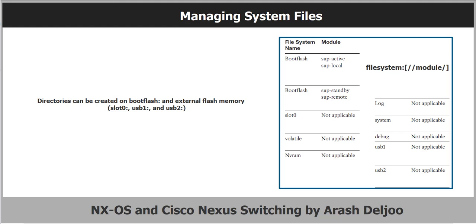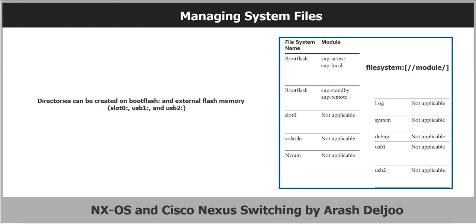Files can be created and accessed on boot flash, volatile, slot 0, USB 1 and USB 2 file systems. Files can be accessed only on the system file systems. Actually, the debug file system can be used for the debug log file specified in the debug log file command. System image files from a remote server using FTP, secure copy or SCP, secure shell FTP or SFTP, and TFTP can